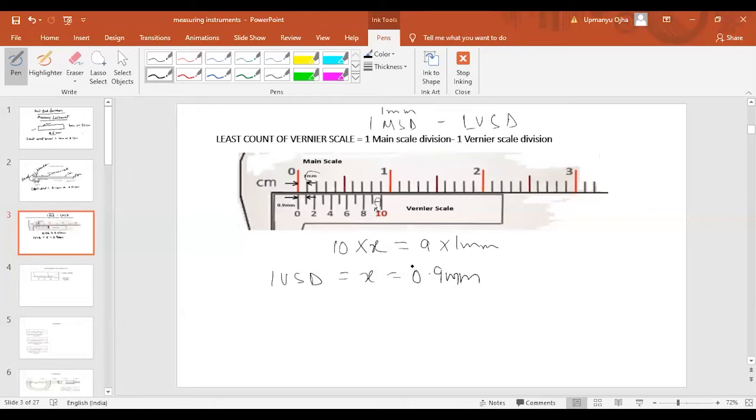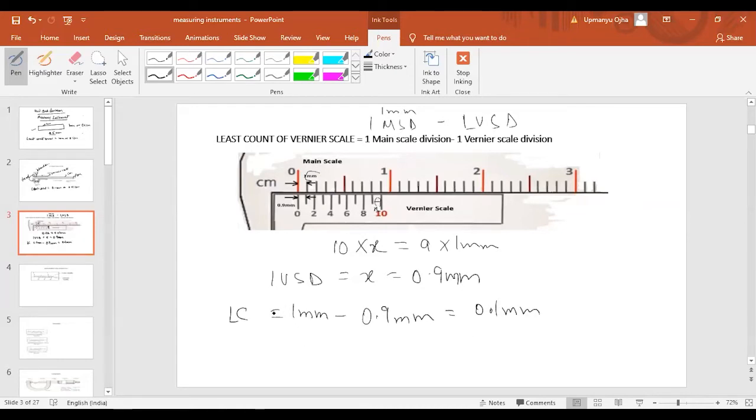So one vernier scale division is 0.9 millimeter. One main scale division is 1 millimeter. So the least count of this vernier scale is equal to one main scale division, that is 1 millimeter, minus one vernier scale division, that is 0.9 millimeter, which will come around 0.1 millimeter, which means this vernier